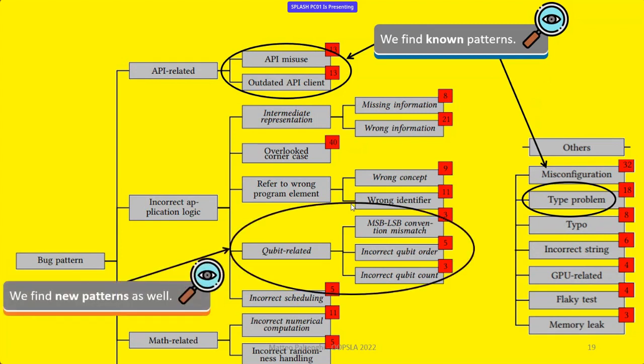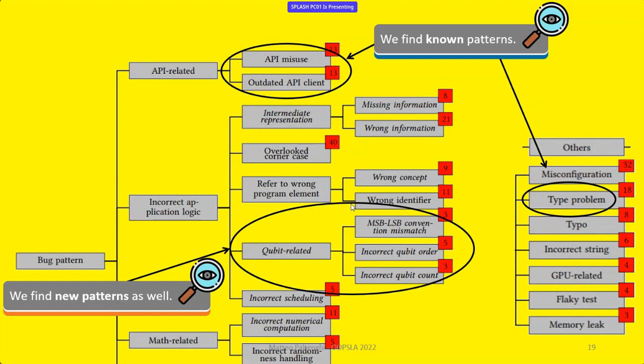Then we also found something new, so qubit-related bugs, like the following. We have incorrect qubit count as a bug pattern, incorrect qubit order. Also this even more interesting bug pattern, which is most significant bit, least significant bit convention mismatch. Because as you saw in the very beginning, we are reasoning at the bit level at this kind of time.